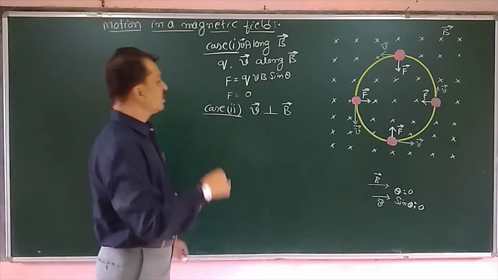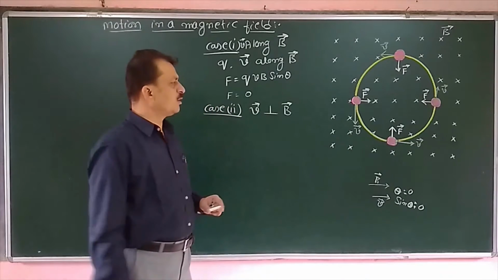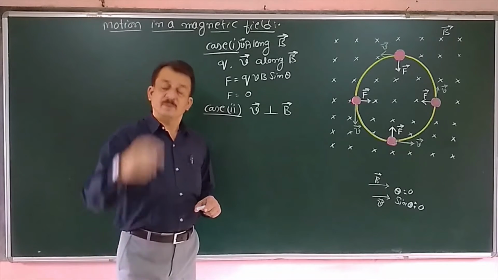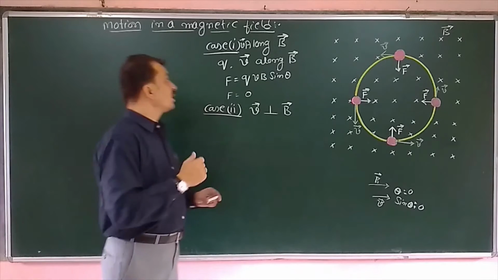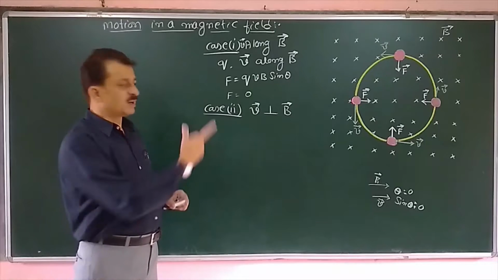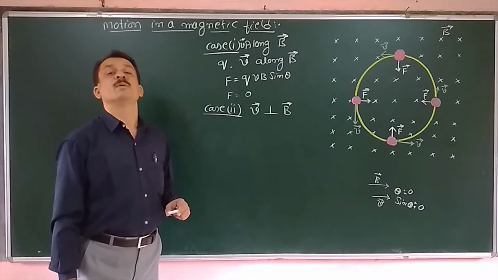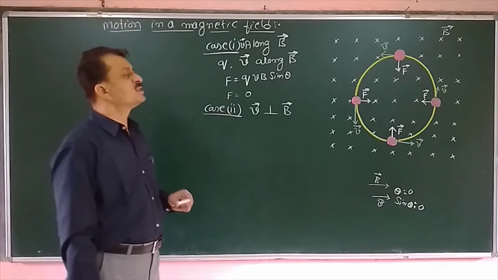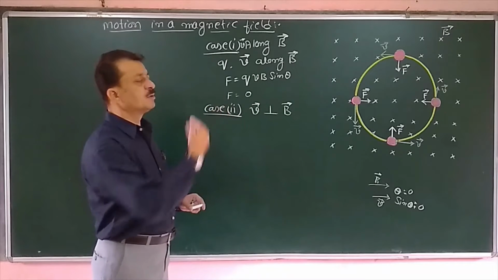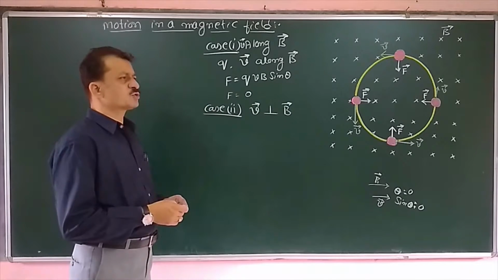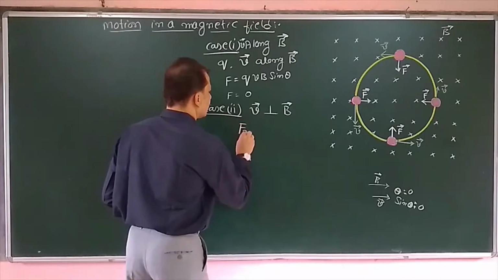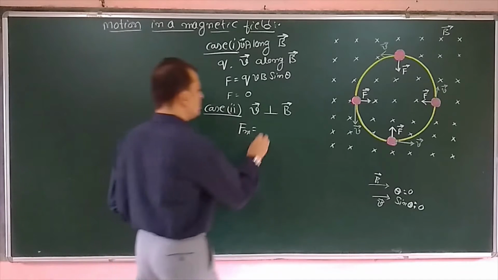So, in this way, if a charged particle enters the field perpendicularly, what will happen? In the previous class we have studied that the magnetic force is maximum when the velocity and the field are mutually perpendicular to each other. That means now this charged particle experiences a maximum magnetic force, and that is given by the maximum magnetic force experienced by the charged particle is